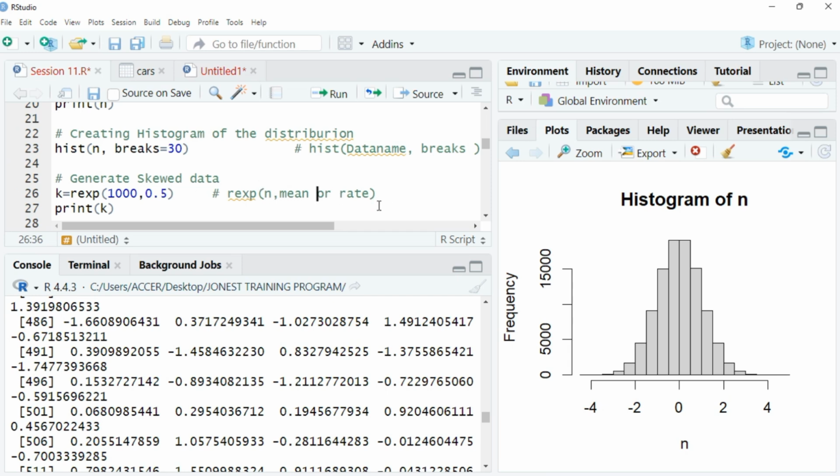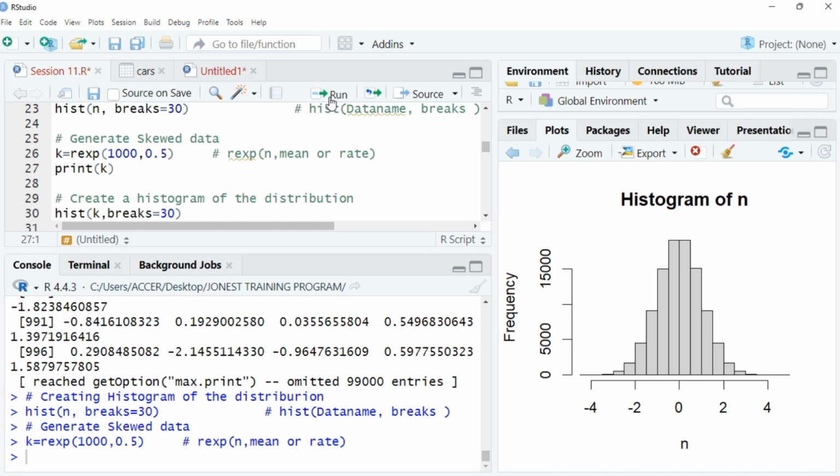When we want to calculate the probability function for the exponential distribution, we need n and the rate, so we use the same thing to generate. It's going to give us 1,000 observations. Once we run that and print,